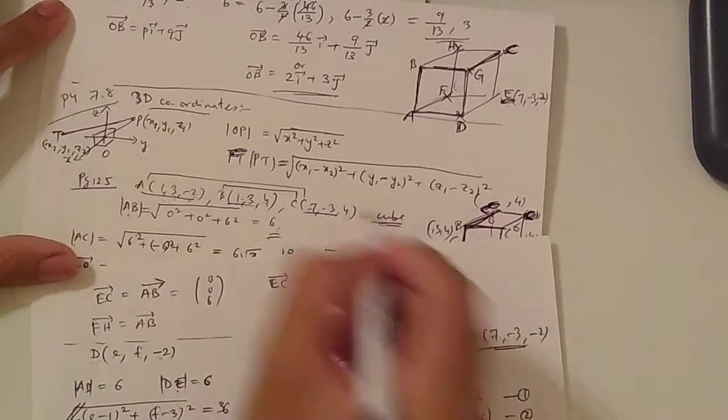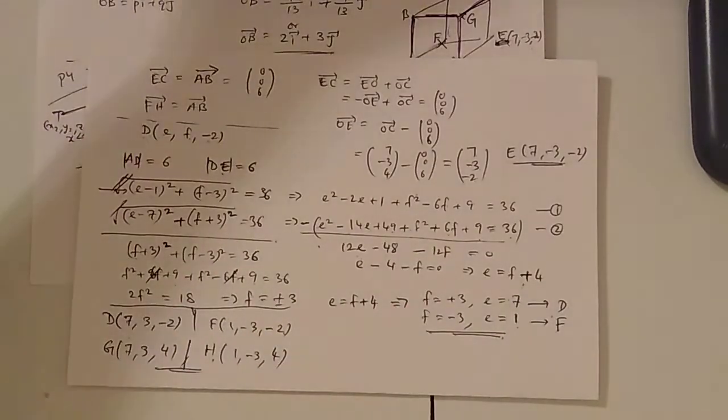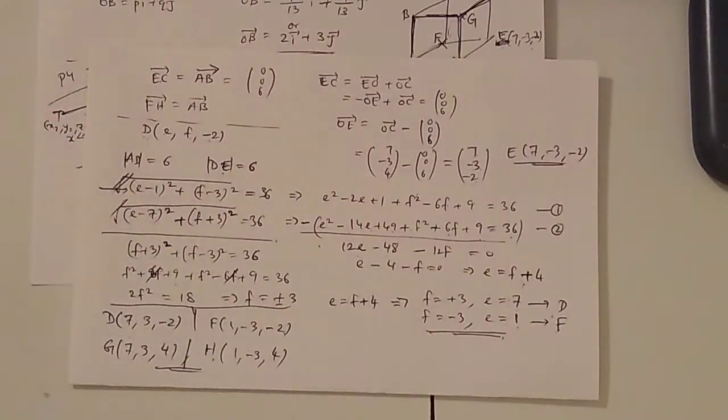We have A, B, and C in the question, and the remaining 5 points D, E, F, G, and H are found over here. Now we do have another part of this question, and in this question they're asking us to find